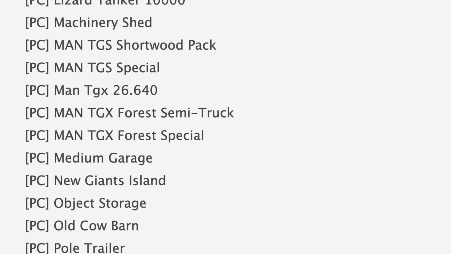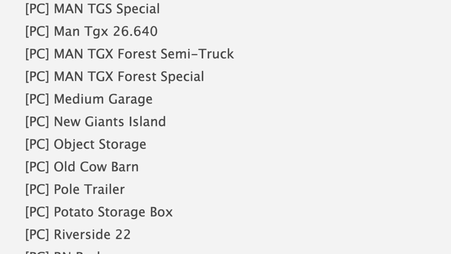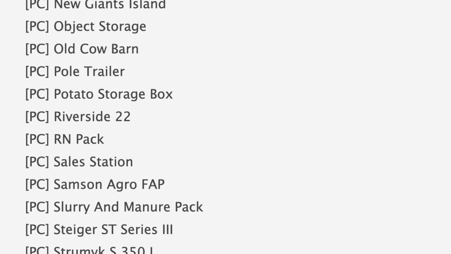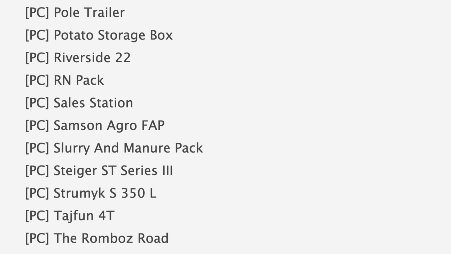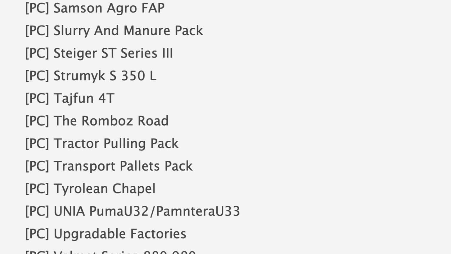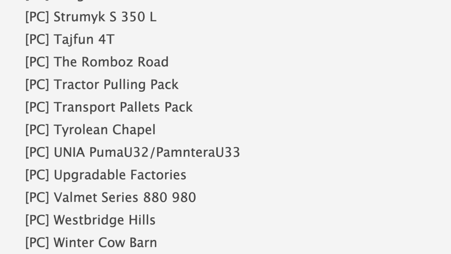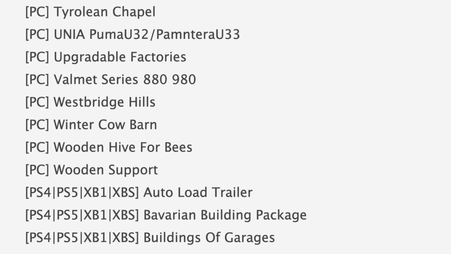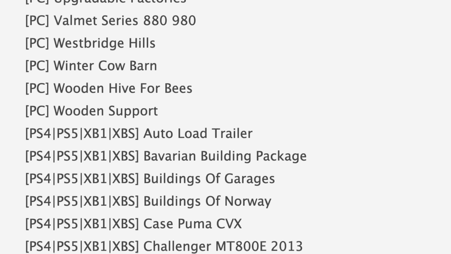the MAN TGS and TGX trucks. There's a lot of them. Rounding out PC testing today, we have the Steiger ST Series 3, Typhoon 4T, Tractor Pull and Pack AO, and the Valmet Series 880-980. Some notable maps in PC testing include New Giants Island, Riverside 22, Rhombos Road, and Westbridge